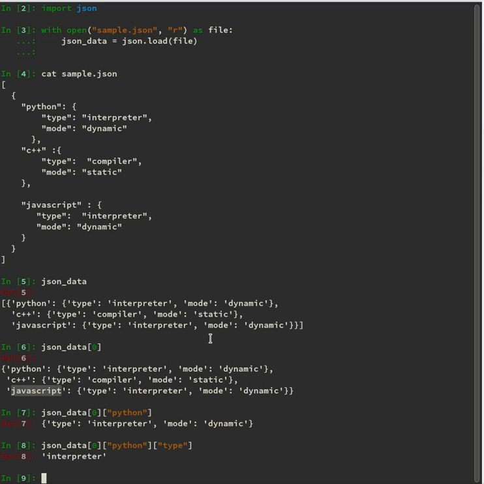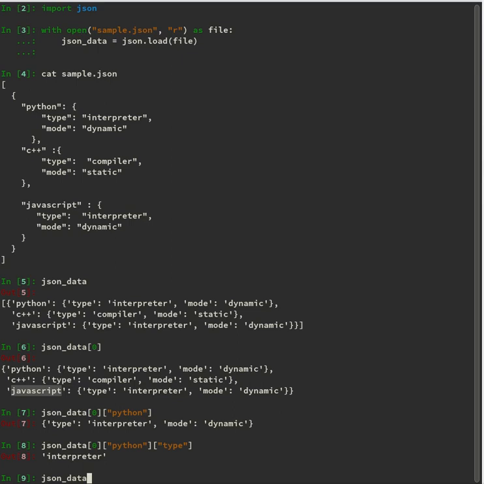If you'd like to add another language here, for example, we have Python, C++, JavaScript. Let's add something like C. If you want to add C to this particular JSON data, json_data is a list, right?